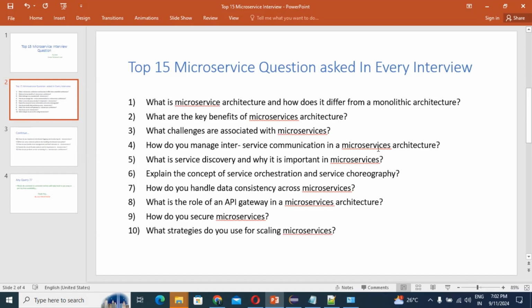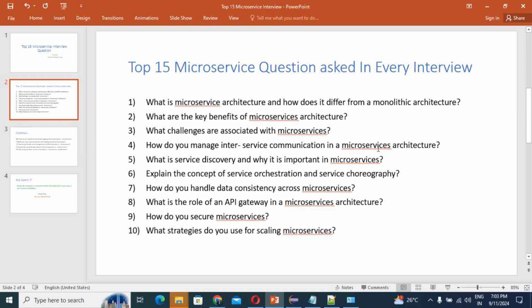This is the very simple layman term answer you need to give the interviewer. Microservice architecture is a design approach where an application is built as a collection of small, loosely coupled and independently deployable services. Independently means isolated, deployable services, each responsible for a specific business capability. You might already have implemented many microservice architectures.